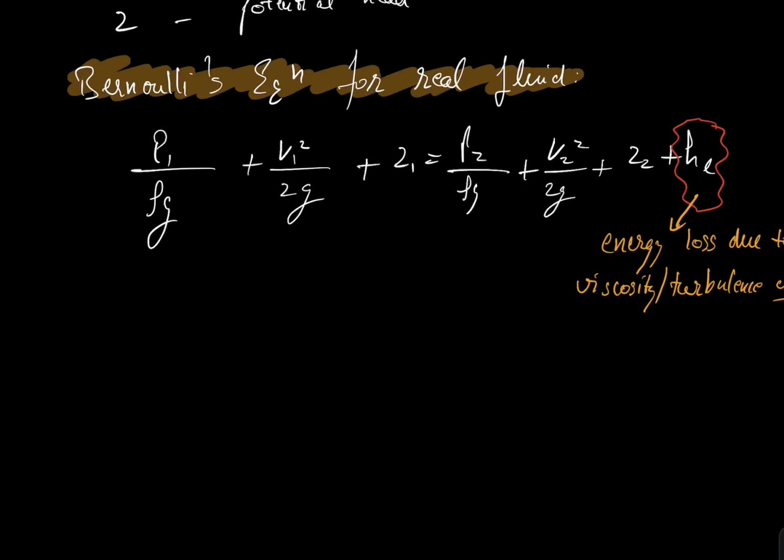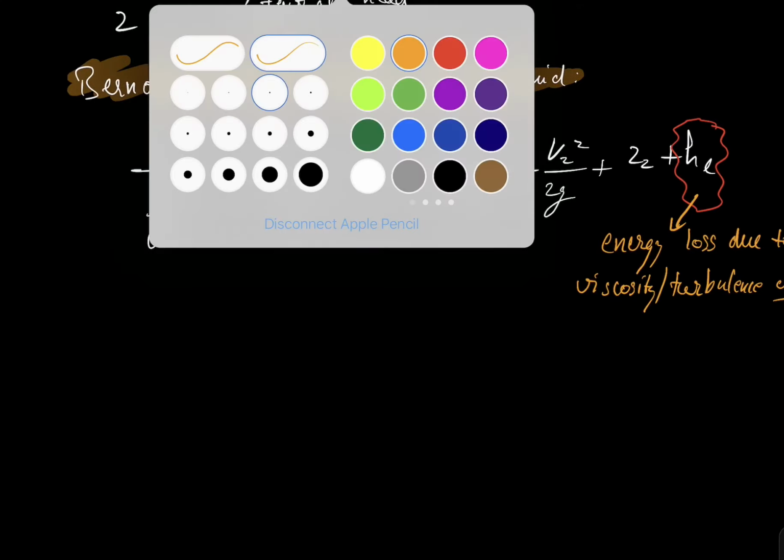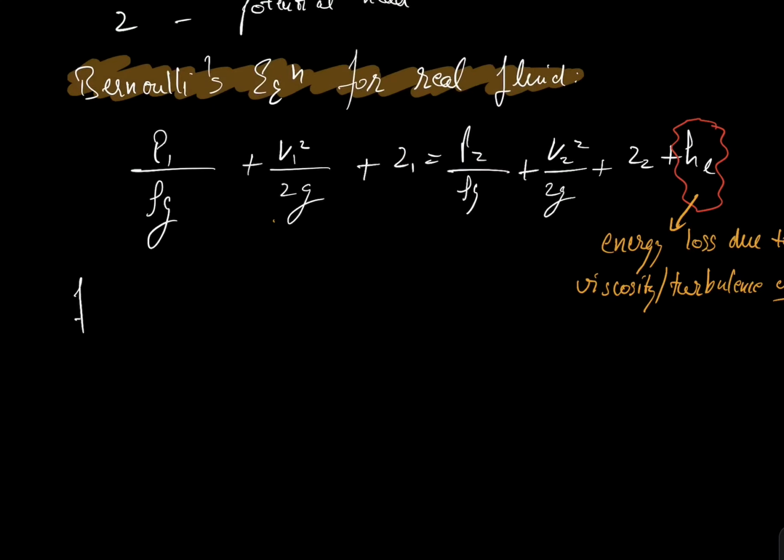Here the flow is from 1 to 2. This equation shows that flow is from 1 to 2. How can we say that? Because my non-conservative losses are added on the right side. So fluid will flow from high potential to low potential, and on the way it might lose some energy in the form of heat. Because of viscosity some heat will be generated, because of friction some heat will be generated, or in any other form. If my fluid is losing some energy, it must be taken into account in a real fluid.